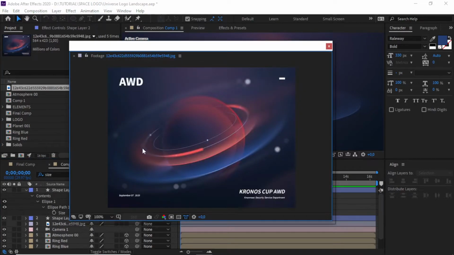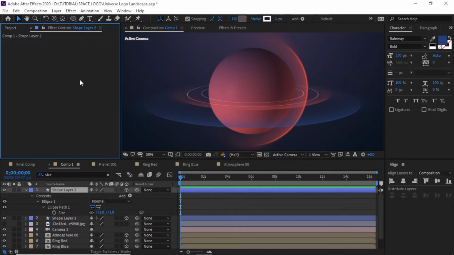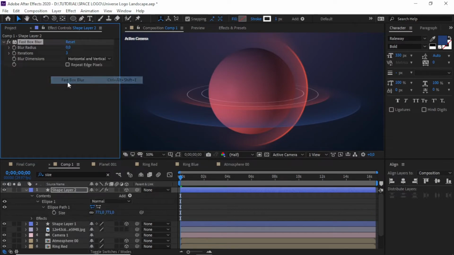As you can see, this line has blur on this side but solid on this side. We have to find a way to achieve that effect with Fast Box Blur, but all disappears. So let's try with horizontal. Nah, I guess it's much closer with 1 iteration. Maybe high iteration with small blur, some kind like that.